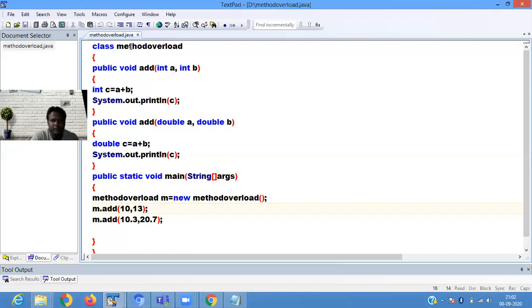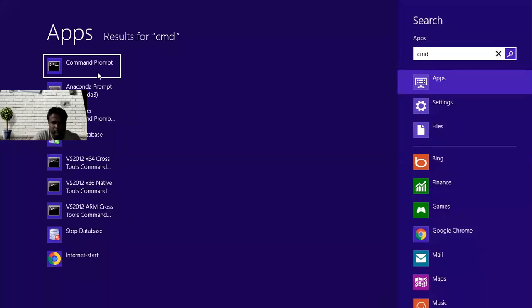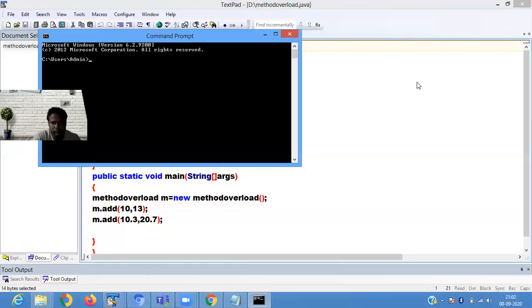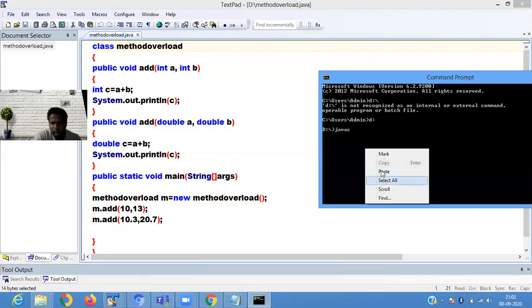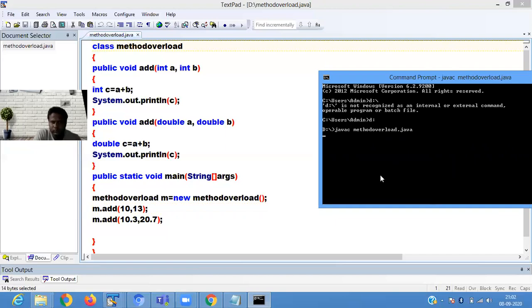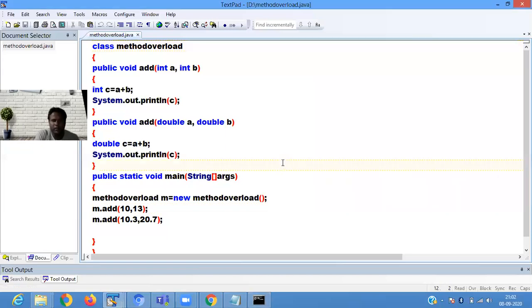It is added and returns the result, 31.0. This is all about method overloading.